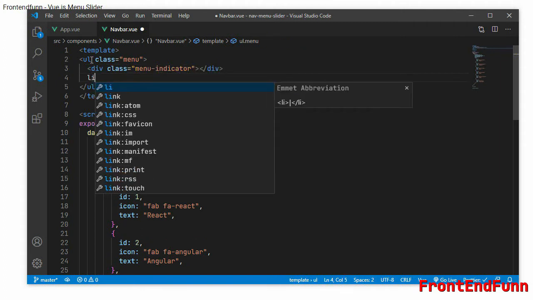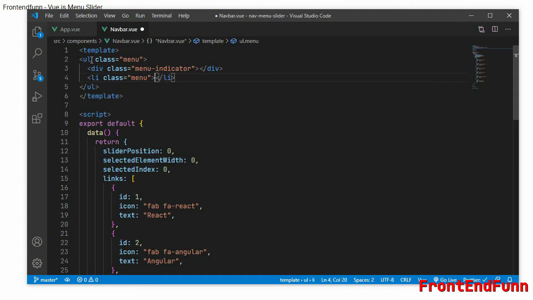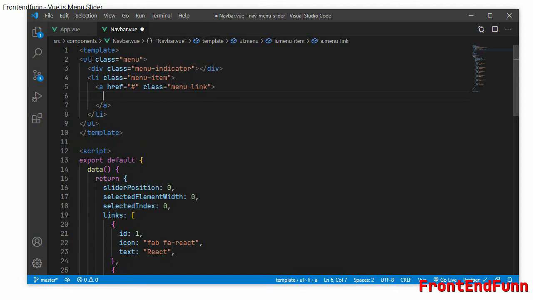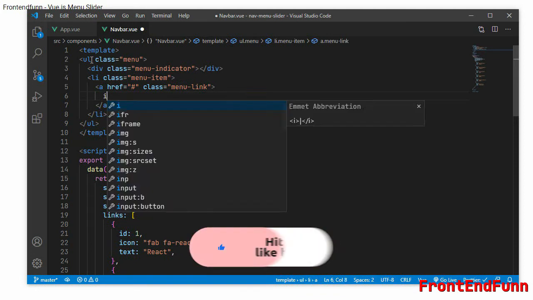And we'll be having list items here, menu-item, and inside this we'll be having a link, and let's give it a class of menu-link. Here we'll be having the icon, that is the Font Awesome icon.